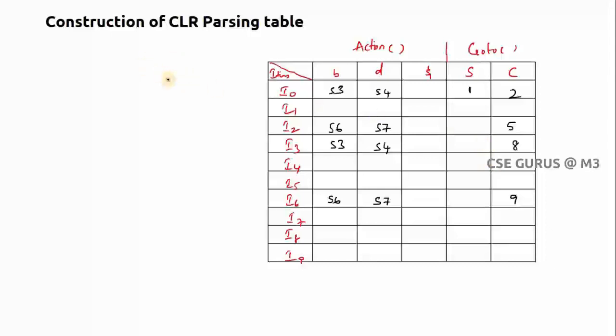So what about R? You have to write reductions also, no? So what are the reductions I need to write? Anyway, we have 3 productions. So that's why I'll get R1, R2, R3. However many productions there are, that many reductions we will get here. R1, R2, R3. So here you have only 3.